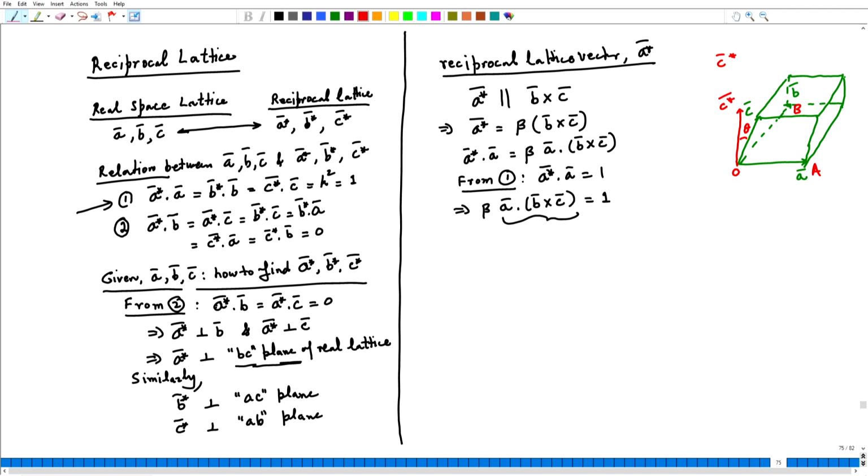and the angle between the vector C star and C is theta. Now, let us see that if I look at this quantity B cross C, the magnitude of this is going to be B C multiplied by sine of the angle between the vectors B and C, which is sine alpha. So, between the vectors B and C, the angle is alpha. This is nothing but the area of the parallelogram.